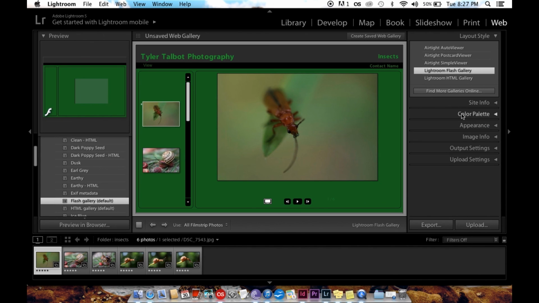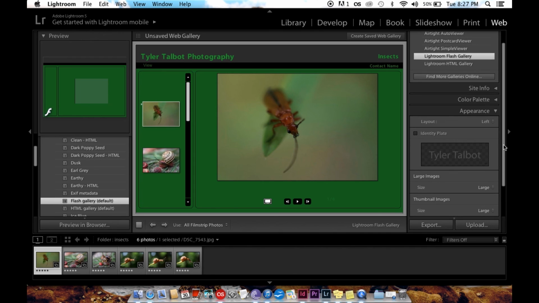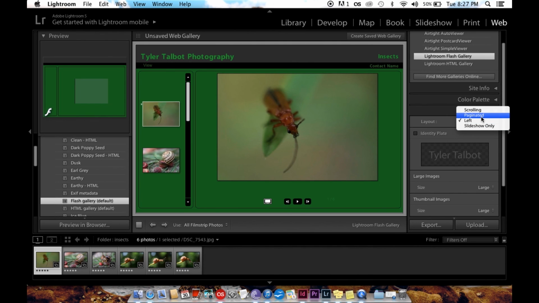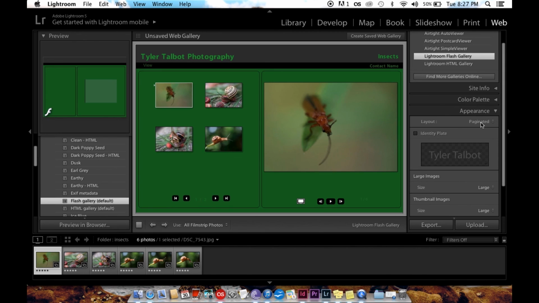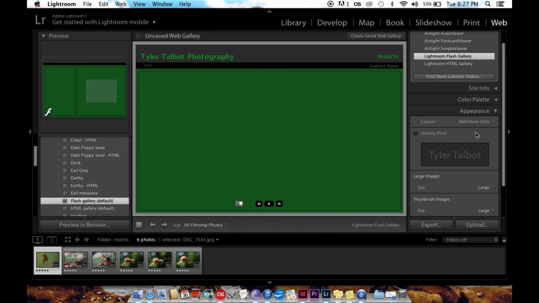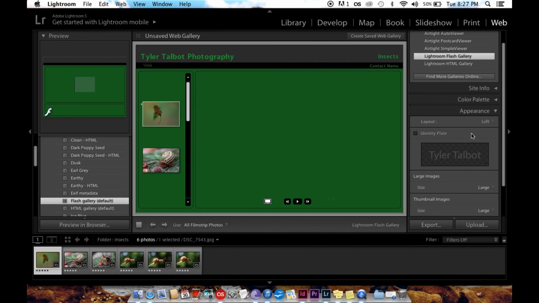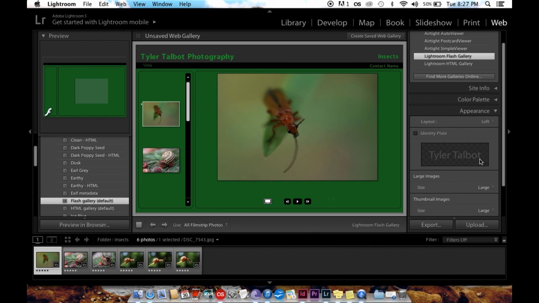Okay, moving on to the Appearance tab. You can choose the different layouts for how you want your page to look. There's just scrolling, the left one, paginated, gives you more viewable thumbnails, and slideshow only will just be the photo. So I'm going to leave it on this. The identity plate here is what's going to come up